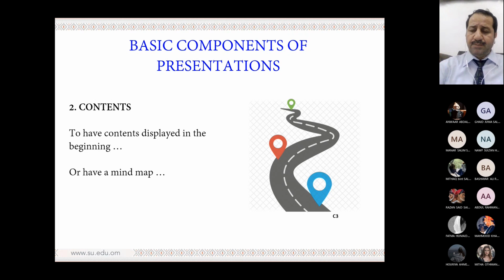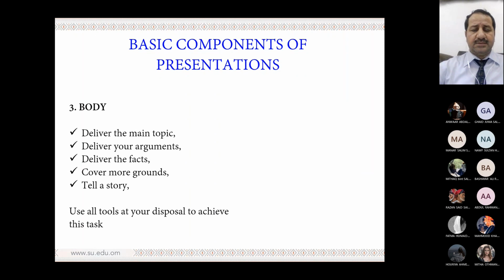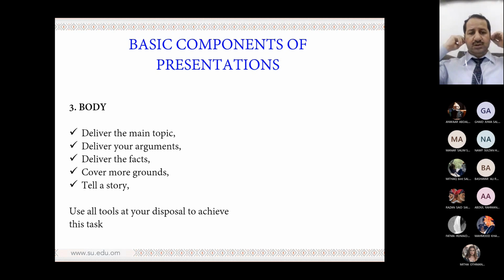I mean, step by step, you are going on a journey, step by step, until they reach the conclusion at the end, which is the green, that last step. But put the contents as usual. You can see here, sometimes the first slide is about the title, the second slide is about the content. We need to say about the contents of the presentation, what people expected from us to talk about.